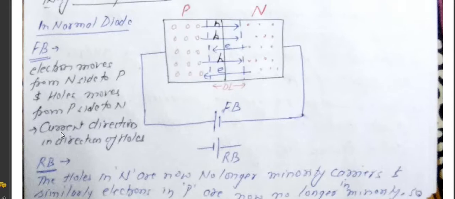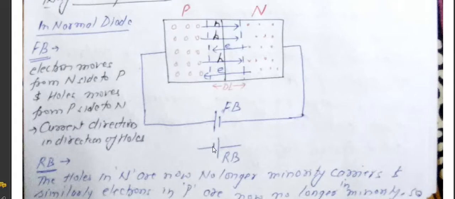So the current direction is the direction of the holes, because electrons are flowing from this side to this side and holes are from this side to this side. So conventionally we can say the direction of hole will give you the direction of current in case of forward bias diode. Now if we assume this diode is now reverse bias,